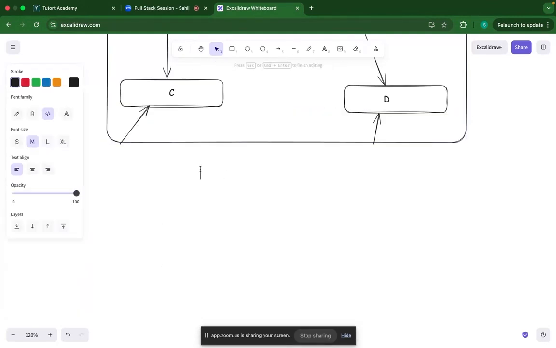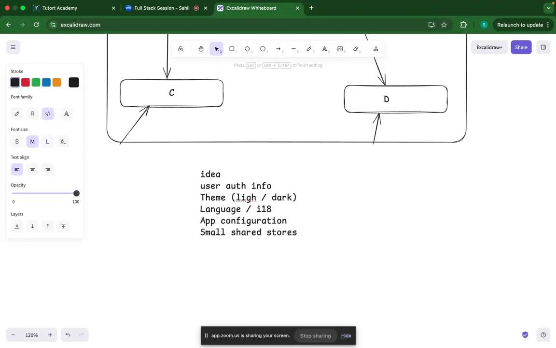It is ideal for use cases like if you want to pass some user authentication info inside your app, if you want to have a theme implementation, let's say light or dark. If you want to do some language thing, right, so you can say internationalization, so you can use the i18n library in this context. If you have some app configuration that you want to do. So a lot of use cases. You can also create small shared stores. You can do all of that stuff, but it is not a state management tool on its own,